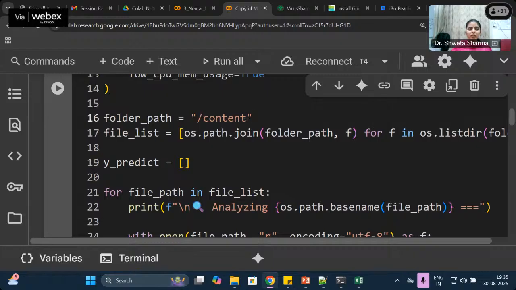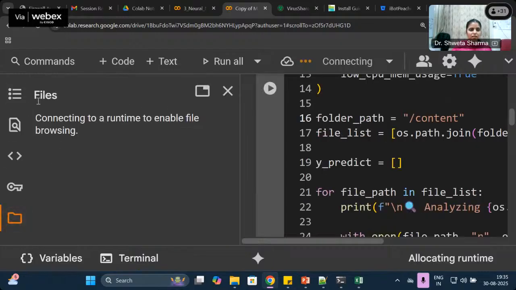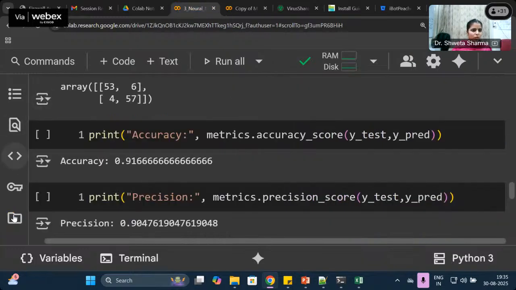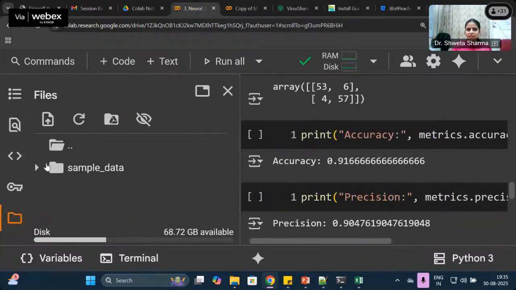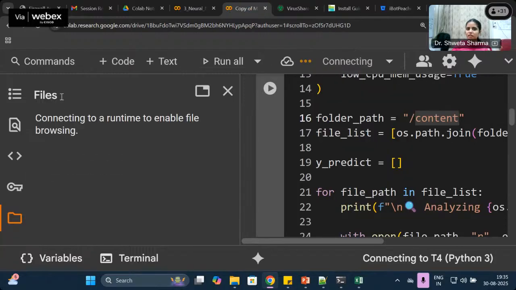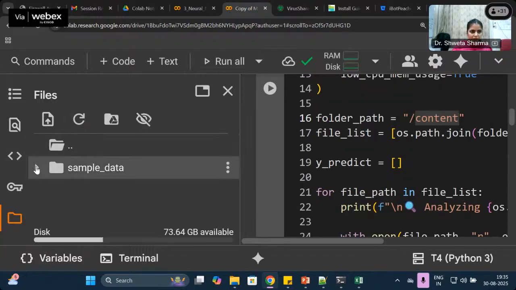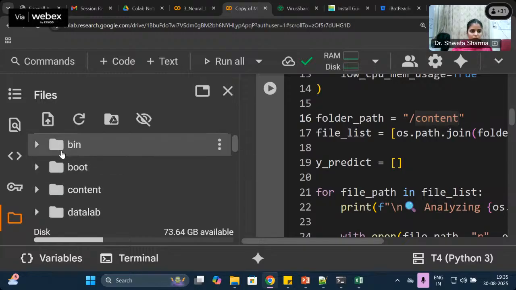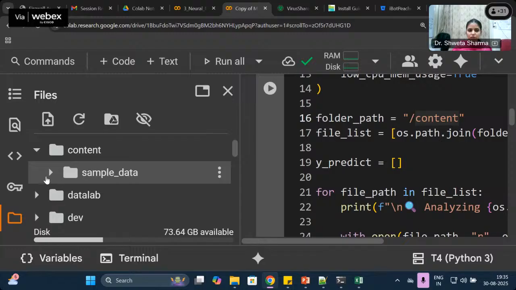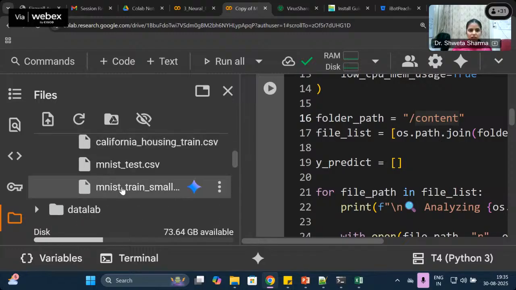Now here I'm giving a folder path, because here you can see that it will take a little time for the folder to appear. That depends on the internet connection. But here you will see a folder with the name content. It is not appearing right now. For example, in my previous file, you see this files folder. Similarly, a folder will be here. It has appeared. Now, if I go to the content folder, you can see that